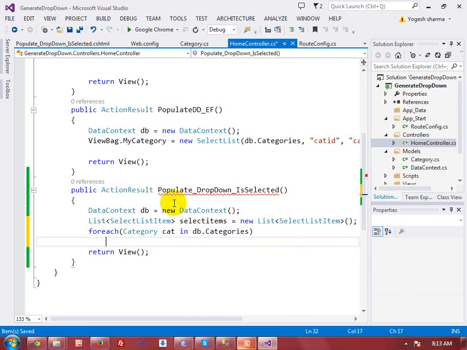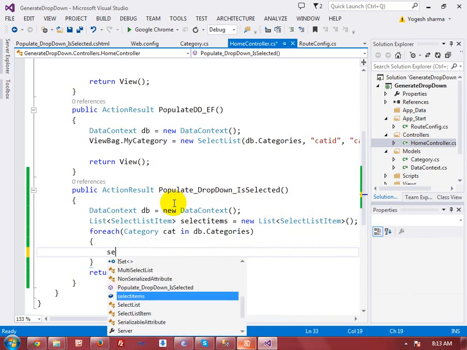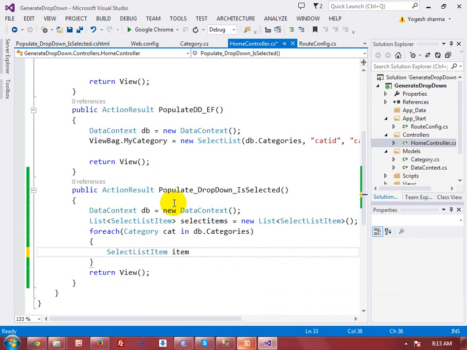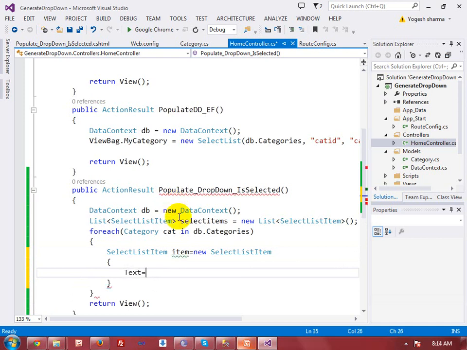It's my data context class property, and here I will create a new object of SelectListItem. I will populate this SelectListItem object using the Text and Value properties. Here the text will come from this cat variable.